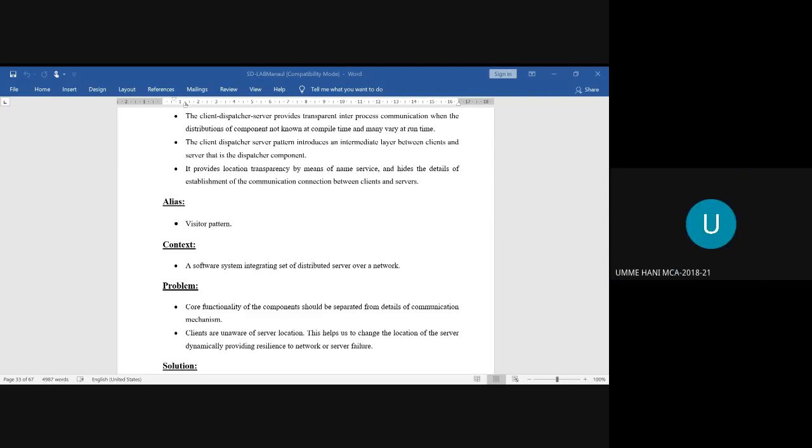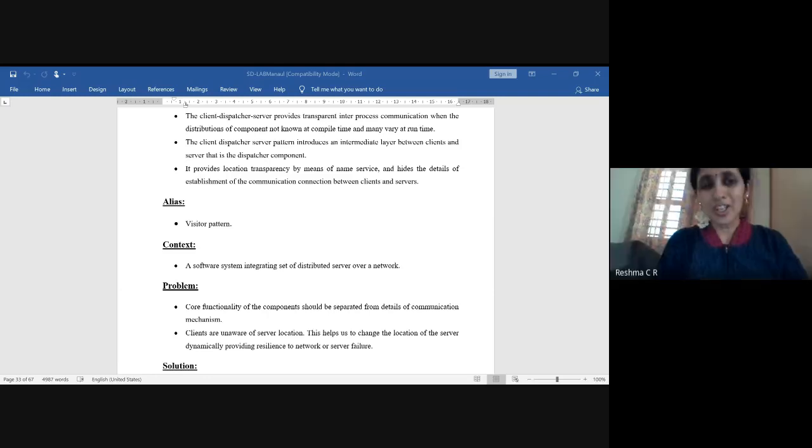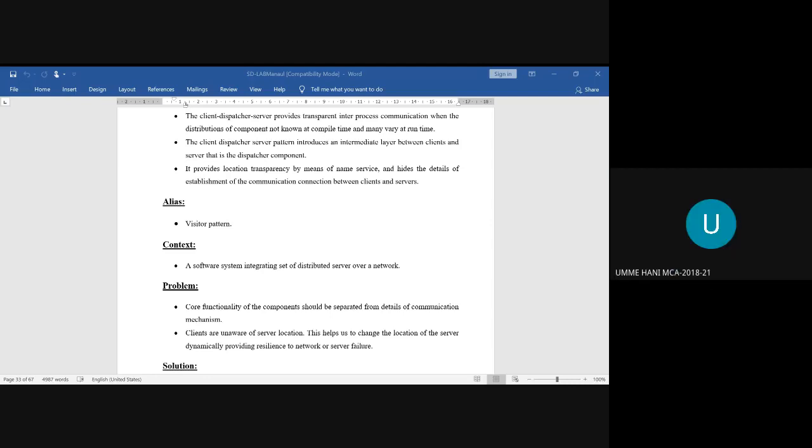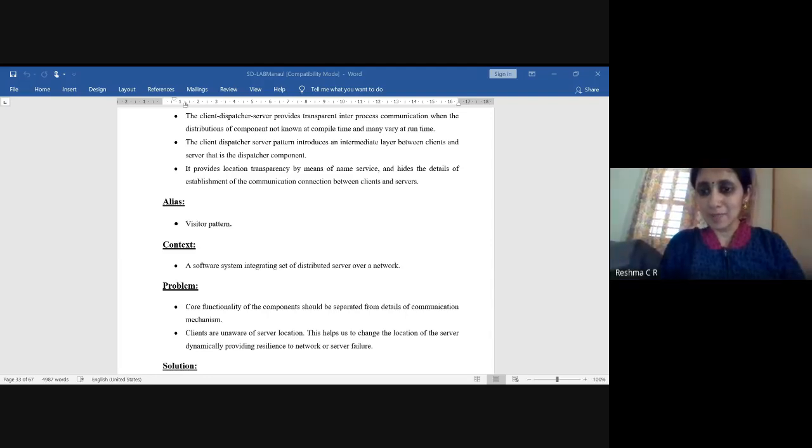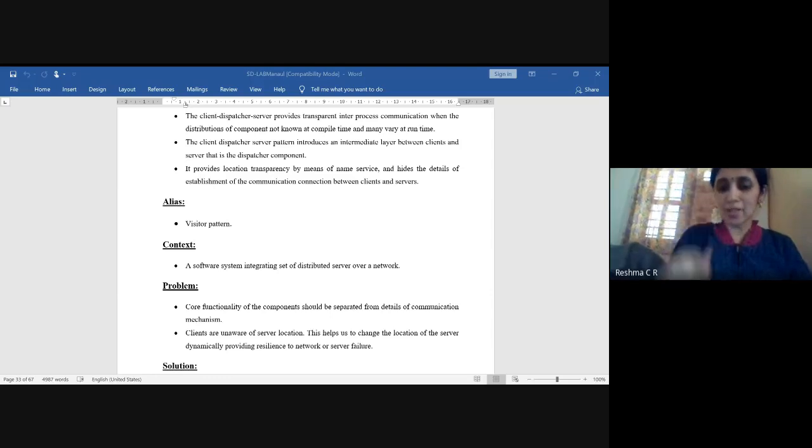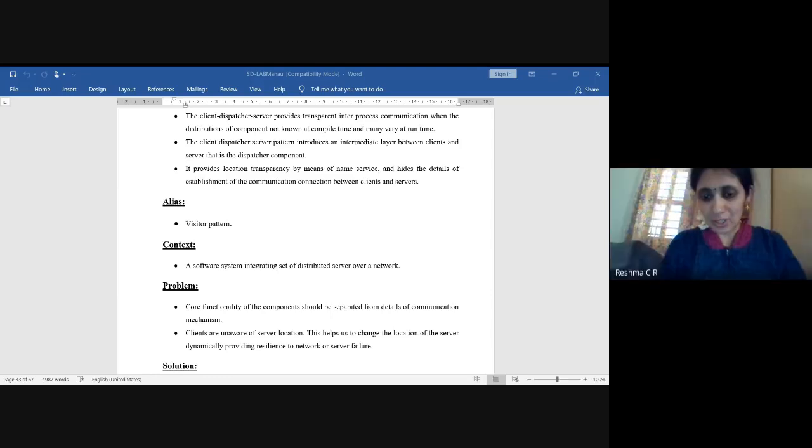For batch one and batch two, you did the forwarder receiver. Okay, no problem. I will explain this and then go back to the forwarder receiver. Both I will explain today itself.